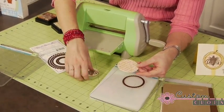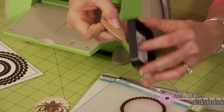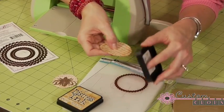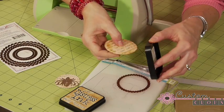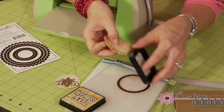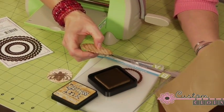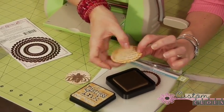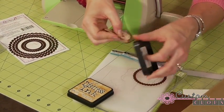And we've got an embossed edge, and when I ink this, if I took a little bit of ink around the edge, you are able to see. Now, like I said, that tan mat comes with your Wizard, your Spellbinder embossing and cutting machine. But you can also buy the mats separately from us at customcrafts.com. It's just a tan polymer embossing mat. So you can see here I've got that embossed edge, and if I take the ink around this one too,